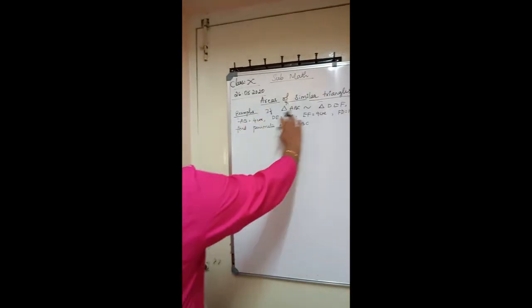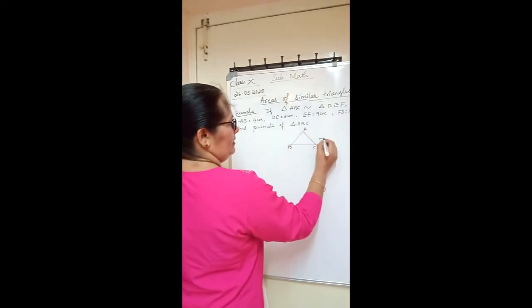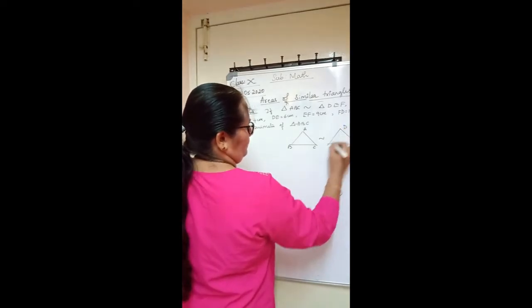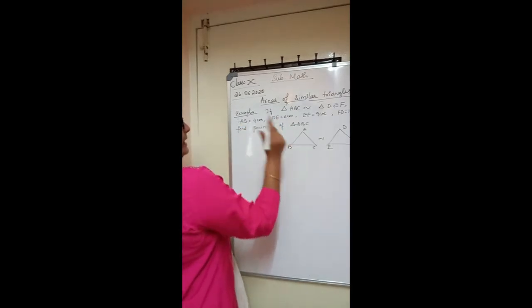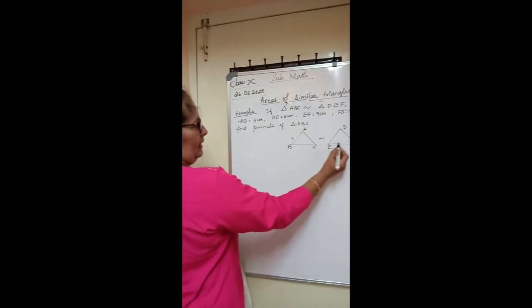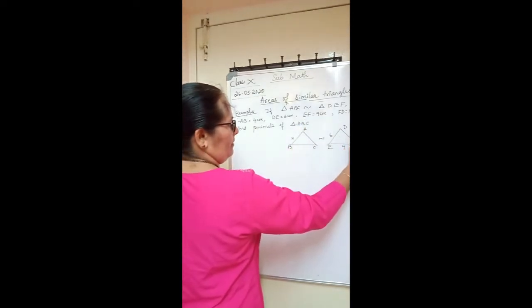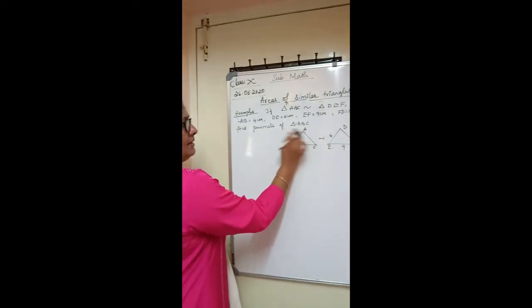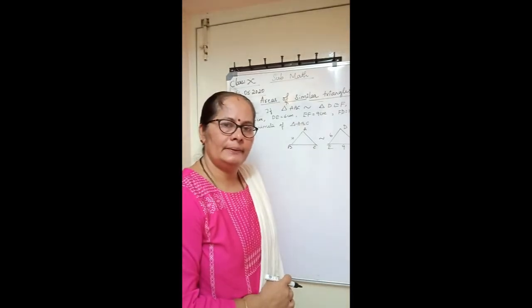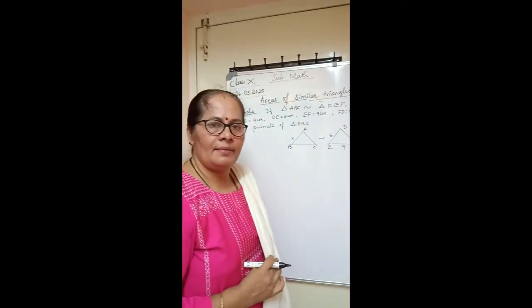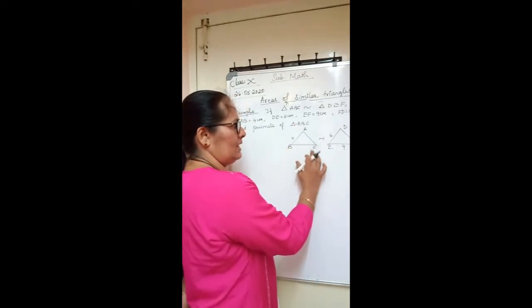Now, triangle ABC is similar to triangle DEF, which is given. So these two triangles are similar. Then the sides are given as AB 4 cm, DE 6 cm, EF 9 cm, FD 12 cm. Find the perimeter of triangle ABC. How will we find the perimeter of triangle ABC? So the perimeter of triangle ABC is nothing but the sum of the three sides of the triangle, right? AB plus BC plus AC.